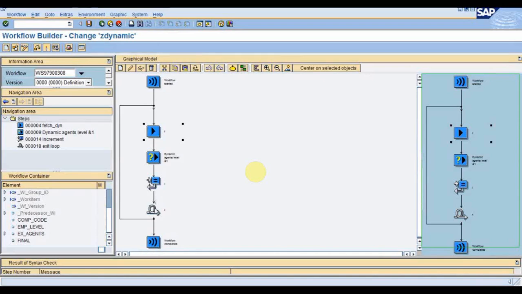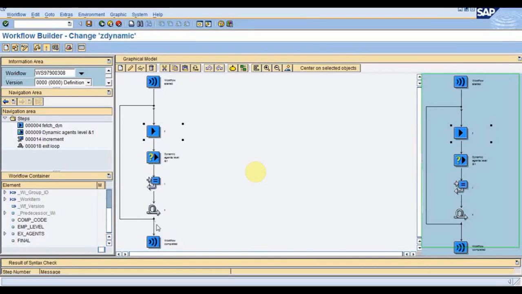Now this loop has a condition called final. This final was checked in this activity step itself. So it will first check for 9000, and in this activity we were checking for the next level as well. So for level 2 and company code 9000, we did not have any user ID, so the final will be checked. Once it comes out here and checks the condition, it will see that final has become checked, so it will complete this loop and complete the workflow. This is what we have for the first company, that is 9000.